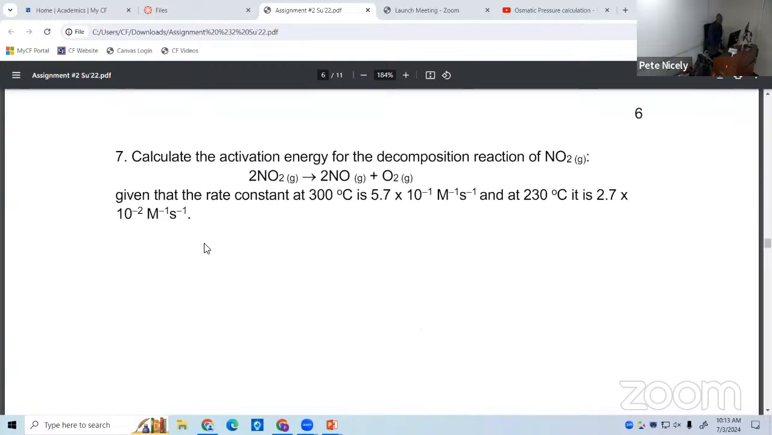Okay, so number 7. This one deals with activation energy and how it relates to the rate constant. Just to briefly describe what's happening here, this is something that was covered in the videos that I've posted. So I'm just going to give you a brief synopsis of what is involved. Basically, we're looking at the effect of temperature on the rate of reaction. And it turns out that there's a relationship, an equation, the Arrhenius equation,